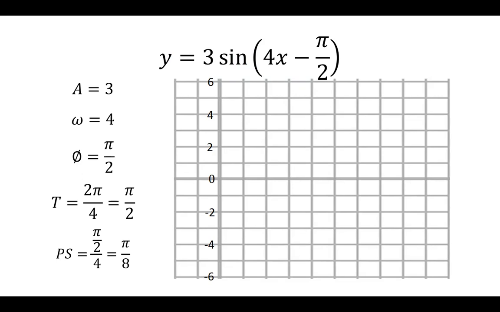So now that we have that, we can start drawing this. So just as we did before, we're going to say, well, the period is pi over 2, so let's put that there. Half of that is pi over 4, half of that is pi over 8. And then halfway between pi over 4 and pi over 2 is 3 pi over 8. And I can start plotting my sine wave. So it's 0 up to 3, down to 0, down to negative 3, up to 0. And there's my